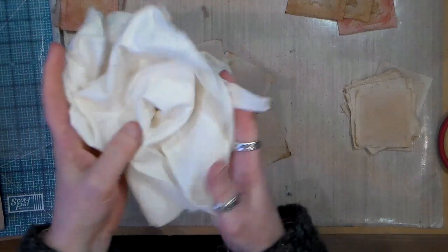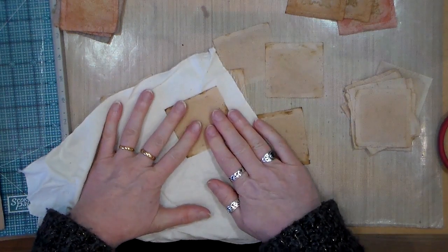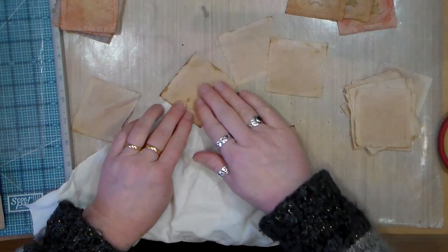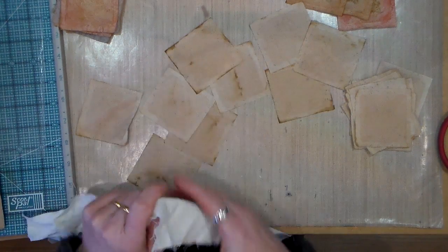I've got some calico which I'm going to use to stitch the tea bags onto, but although it's cream, it's still quite light coloured, and it shows through. It actually does show through the tea bag. So what I'm intending to do,